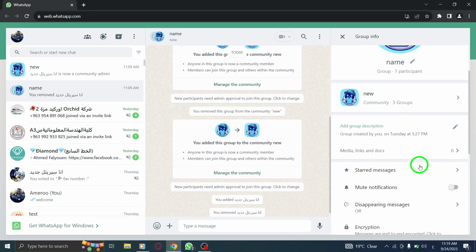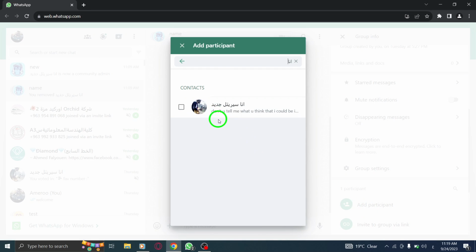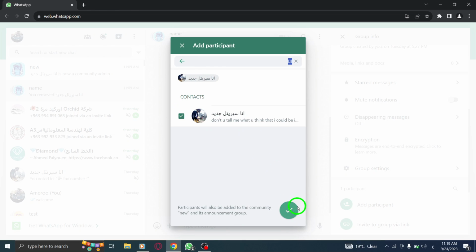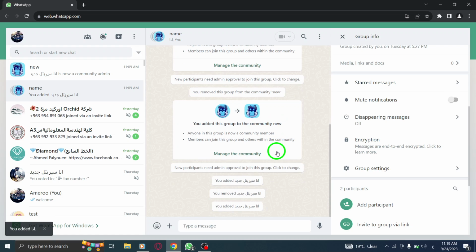Step 8. Click on Add Participant. Step 9. Check the box next to the contact name. Step 10. Click on the checkmark icon. By following these straightforward steps, you'll be able to easily add a participant to a specific group within your WhatsApp